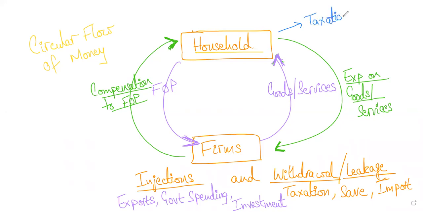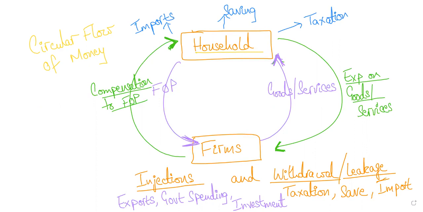So there's no particular style for this. You can just show either the leakages from the household or the firms. It doesn't make any difference, right? So on the household side we show leakages: taxation, money is going out. Then you write saving on one arrow, and then the third thing, which is imports, on the third arrow, right? Imports on the third arrow. Is everyone clear on this, right?